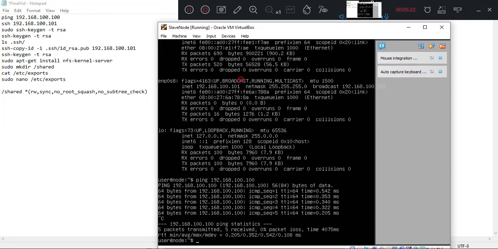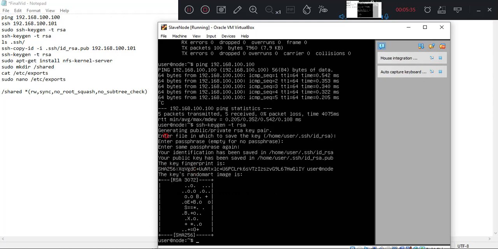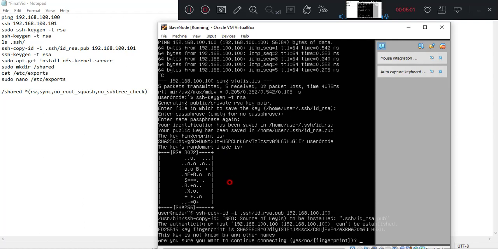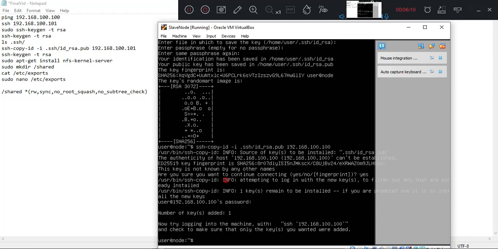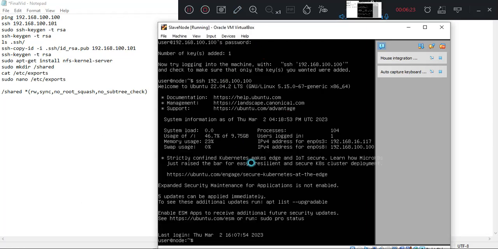Now let's open the slave node and run the same procedure. So ssh-keygen -t rsa, enter, enter, enter. So now let's ssh-copy-id -i .ssh/id_rsa.pub 192.168.100.100, the IP address of the master node. Yes. Let's enter the password. Okay. So now it should work perfectly. Now let's try to SSH the master node with no password. Okay, it worked. Okay, now let's exit